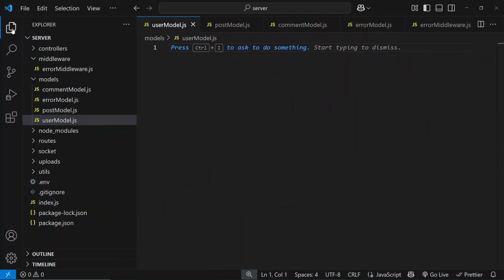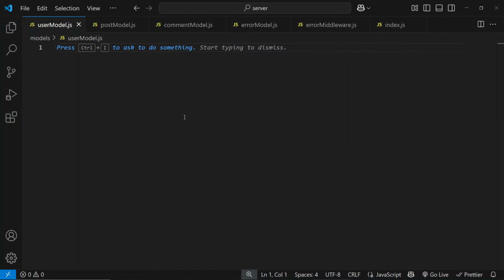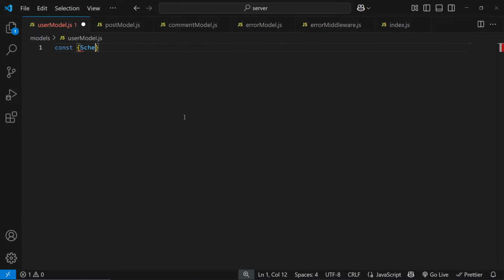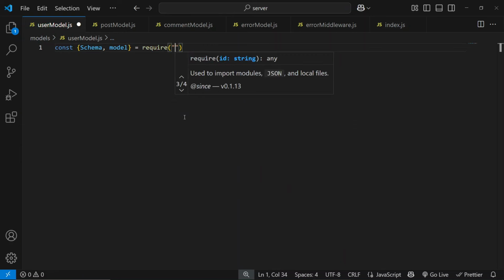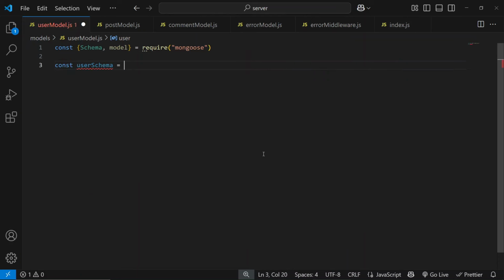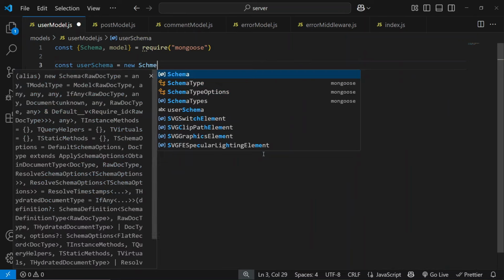So what do we need to create a user? Well, first let's have a schema. Okay, so let me bring this to the top. I'm going to bring in schema and model from, so let's require mongoose. So schema and model should be coming from mongoose. Now let's have our user schema. So new schema,